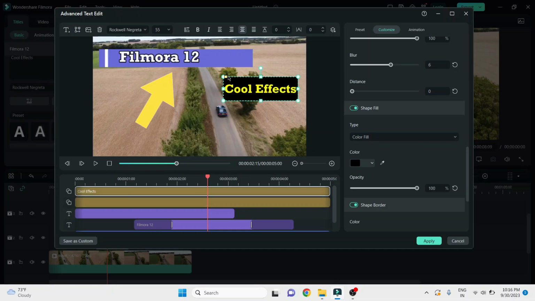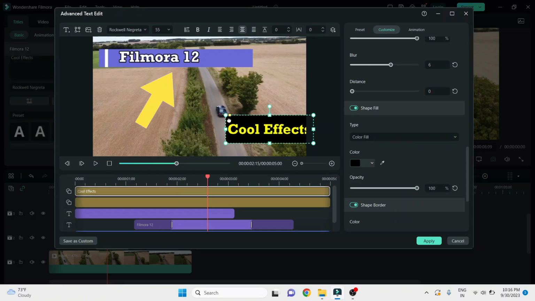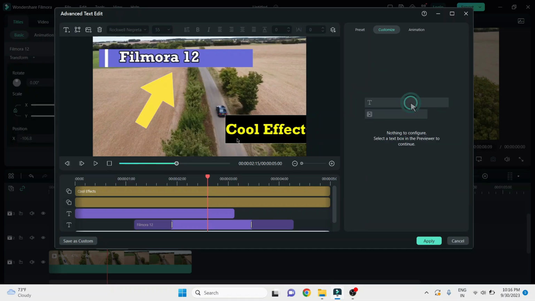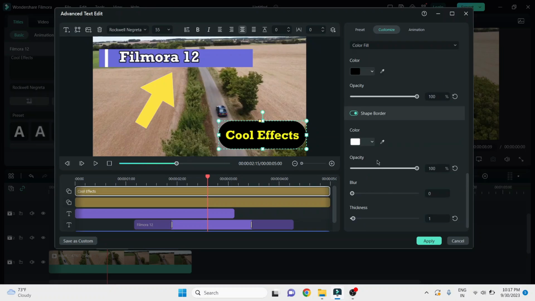If you want to make it rounded, here you see it is a square box. If you click on it, the shape becomes a circle. How cool is this effect, guys? Here you see the cool effect. If you move it here, it will become a square again. But if we want to change it, we can make it like this. Now you can change it, guys.